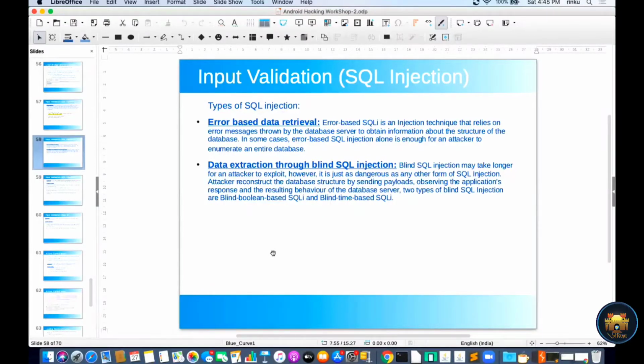In blind SQL injection, if someone passes a single quote, double quote, or any quote, the SQL query will be generated, but the error is suppressed by the application and not displayed to the user, so the user is not able to get the error.